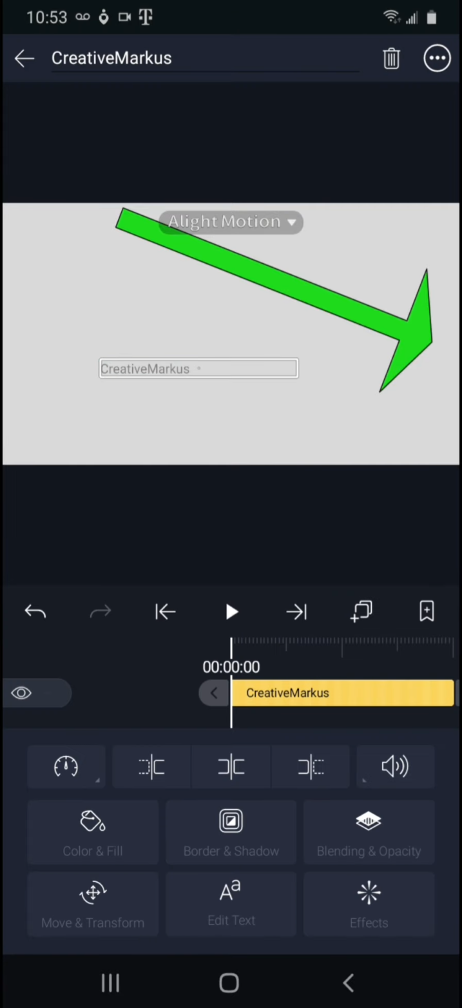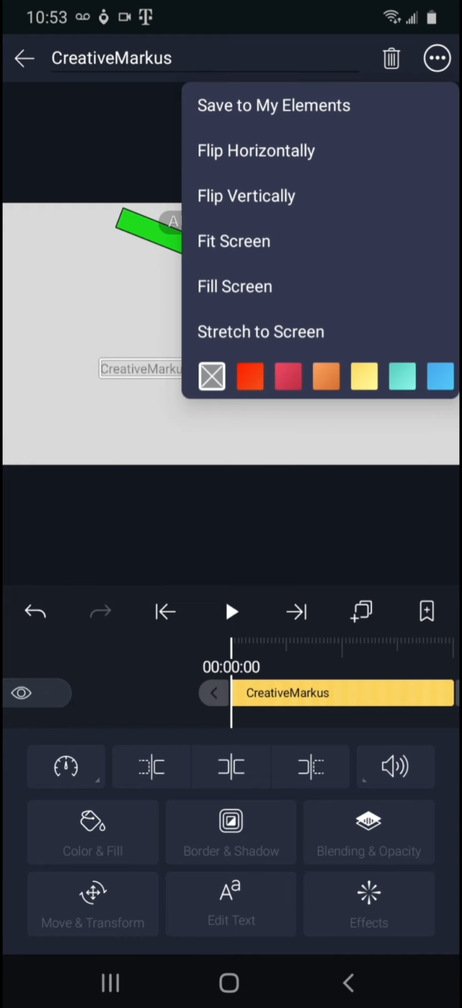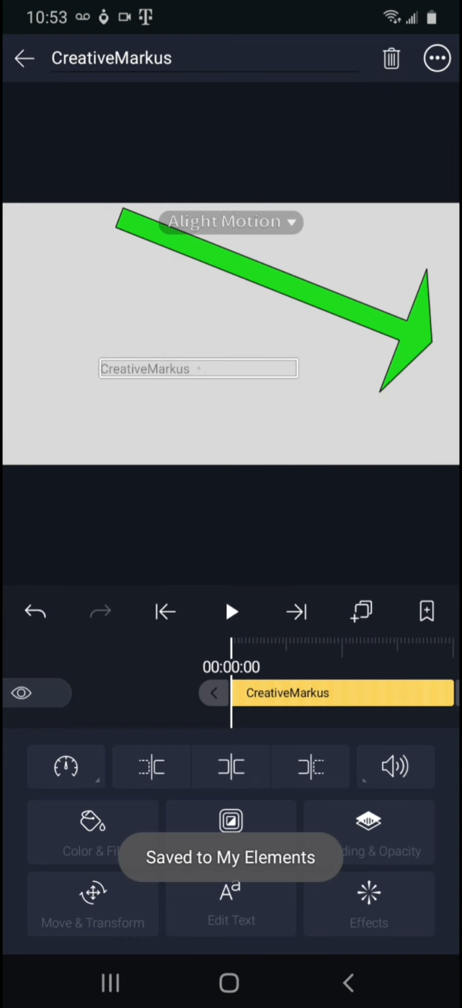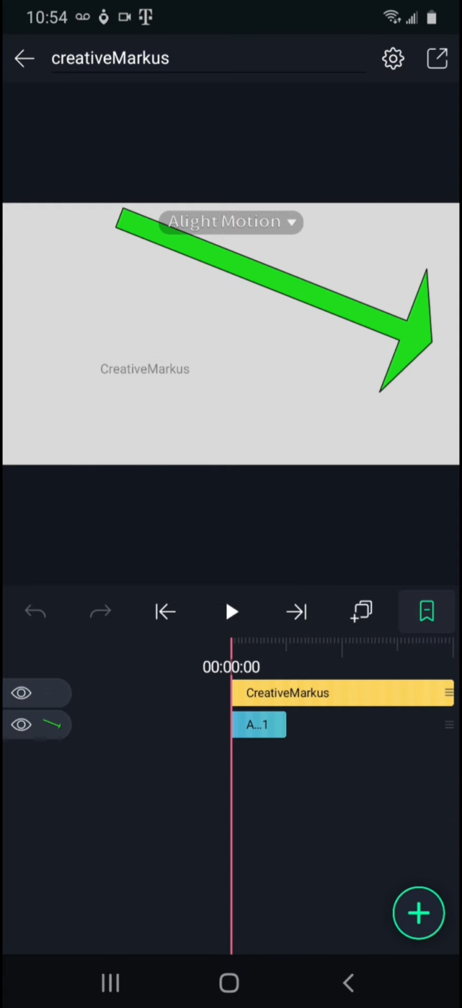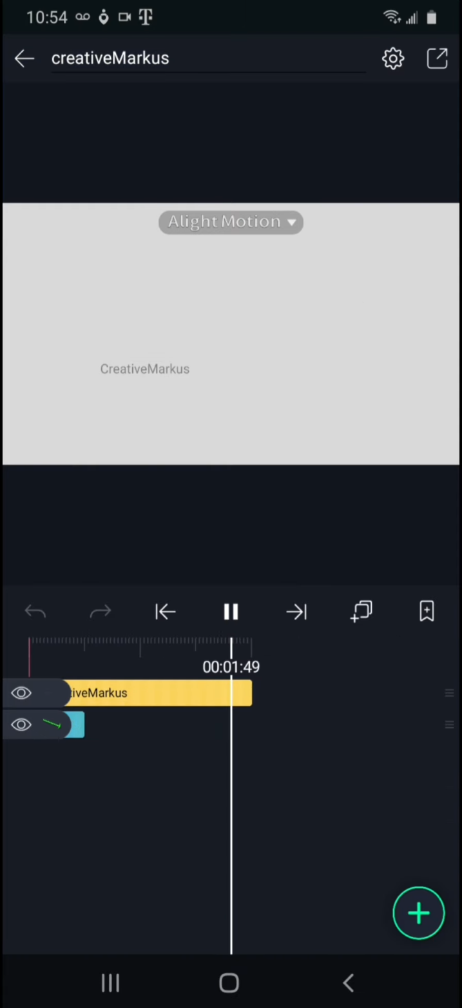And then when you're done with everything, you just want to click the check button. Click the check button and click here. Save to my elements. All right, save to elements. All right. So, bang. And that's it. Let's play it. Although it's not really good,